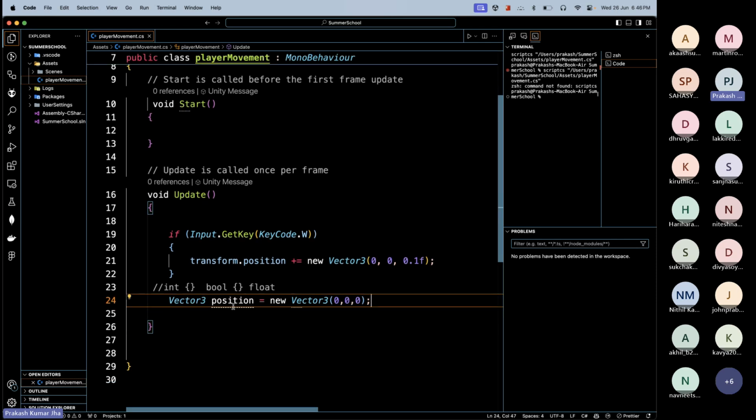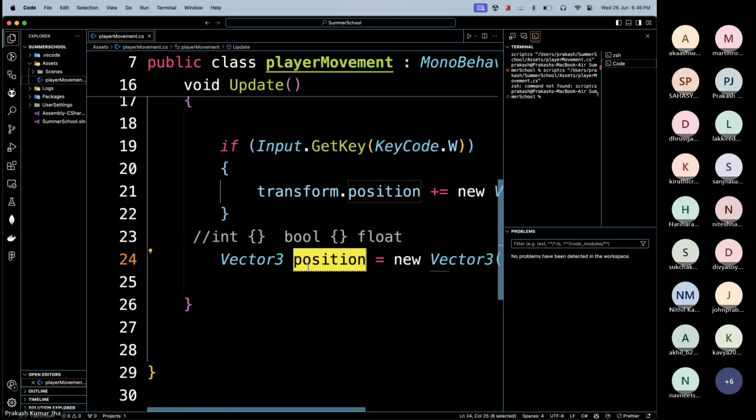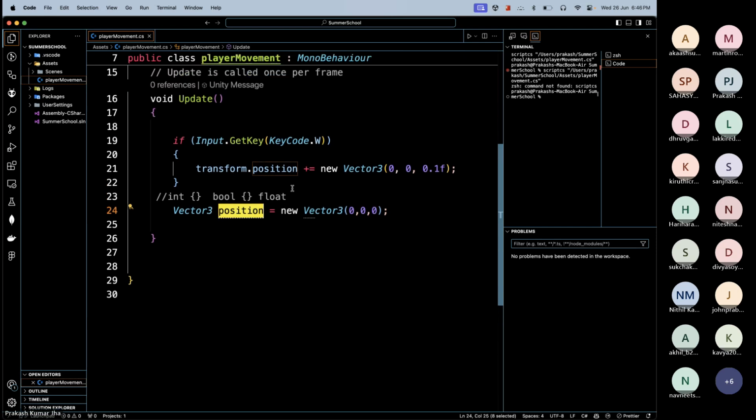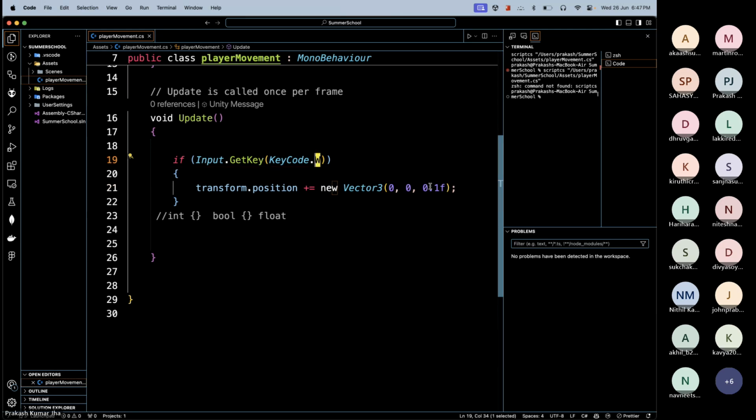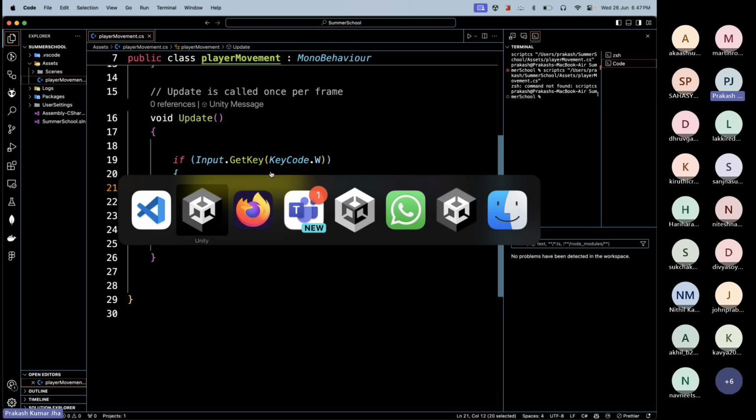This position vector I currently have is a Vector3 variable, and it stores three values, which are basically your XYZ coordinates. Here what is happening is a float value of 0.1 is added on the Z axis. Every time I press W, it will increment the value by 0.1 on the z-axis of the transform position. If I run this,